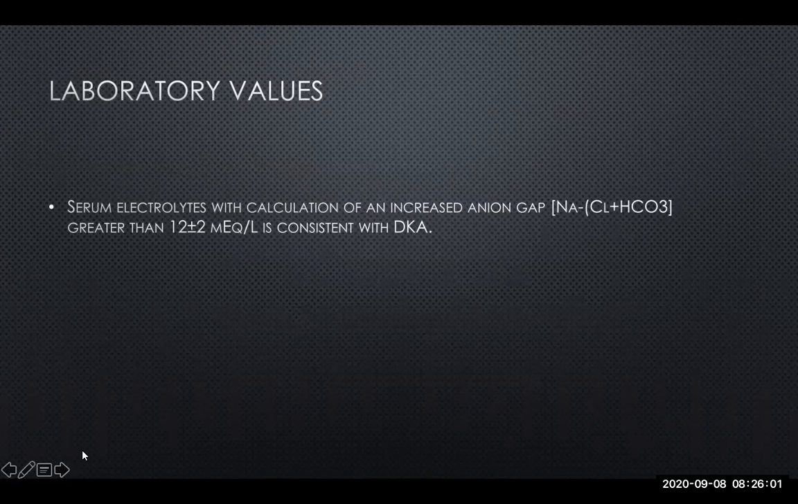The value of the serum electrolytes is also important, because with this we are going to calculate the anion gap. The anion gap is the chloride plus the bicarbonate, and from this value we subtract the sodium. To be consistent with DKA, we need an anion gap of 12, more or less 2 milliequivalents. We need to rule out other causes of anion gap